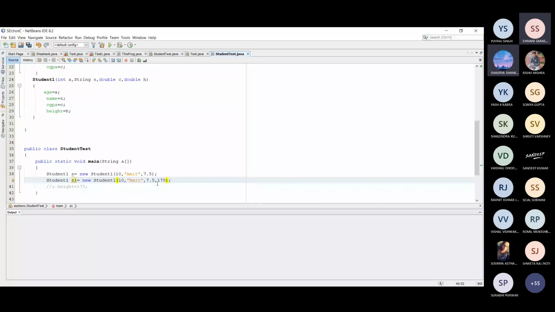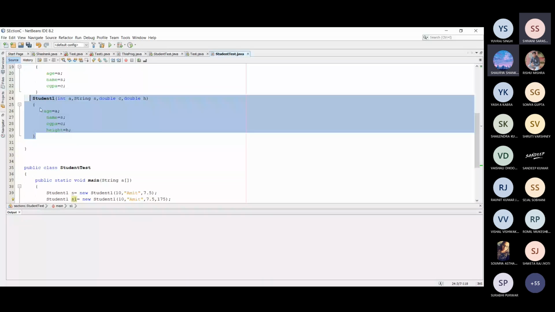In this line, which constructor is called? Actually this constructor is called. So this concept is called constructor overloading. तो ये एक तरीके से ओवरलोडिंग हो रही है कंस्ट्रक्टर की.